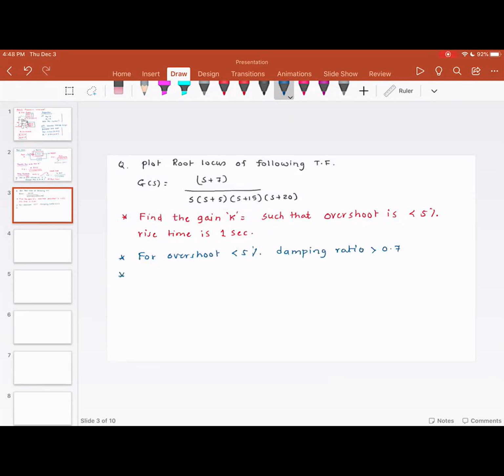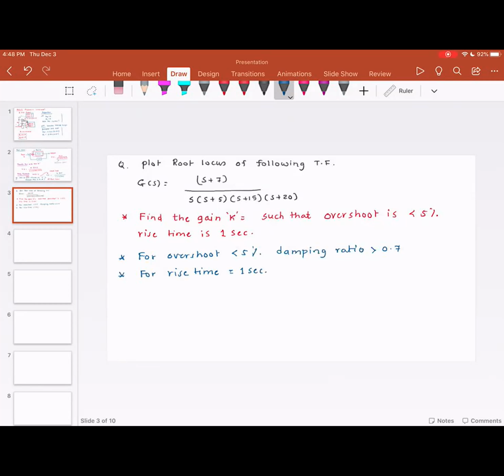And if you recollect the table that we discussed in last class, that table will give you this information. There is a certain value of damping ratio for a certain value of overshoot, and for rise time equal to 1 second,